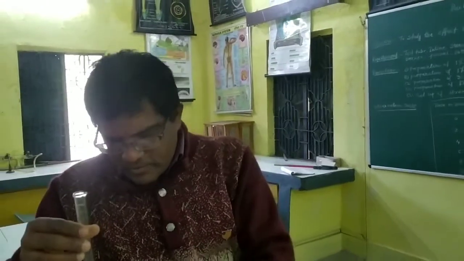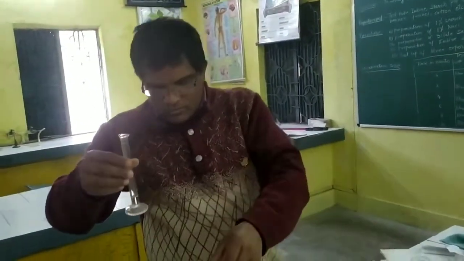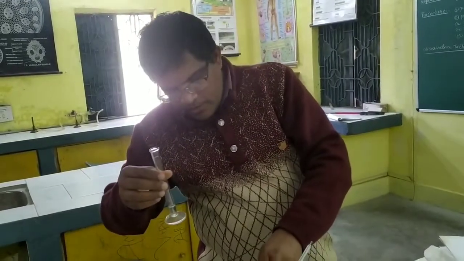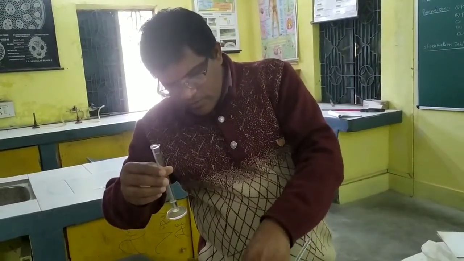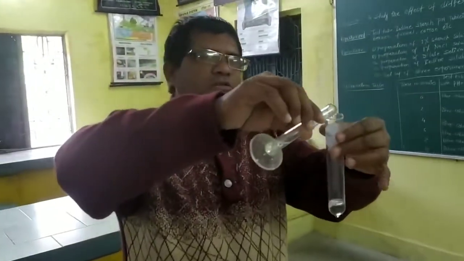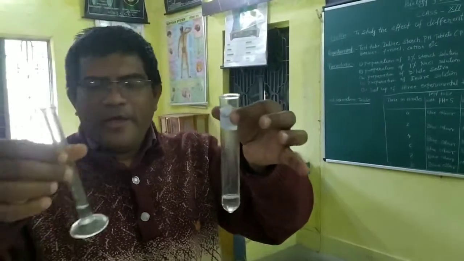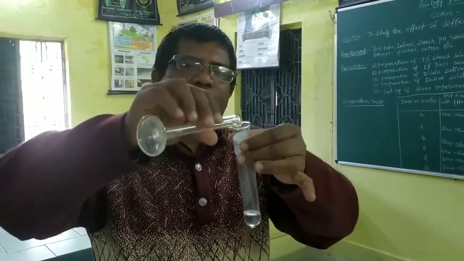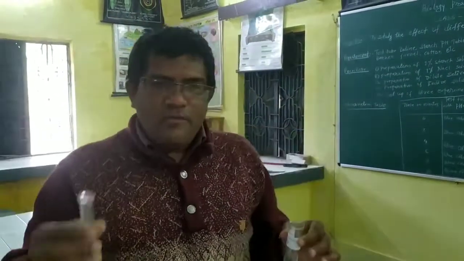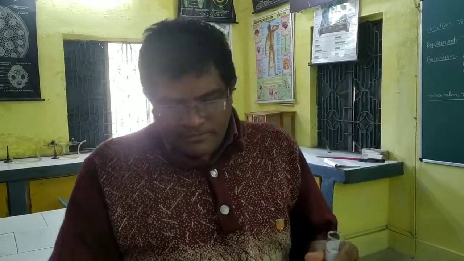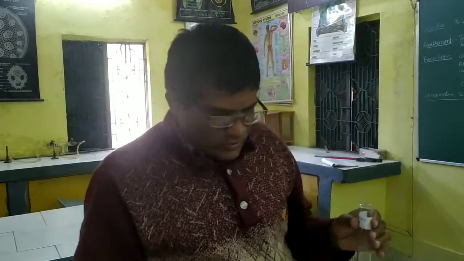This was test tube B. In this test tube, 1 ml of NaCl solution, not starch. The starch solution we have taken is 5 ml, and this is the 1 ml of the NaCl solution. Similarly, we have to put 1 ml of the NaCl solution here also, and in this test tube also. I have already taken the 1 ml NaCl in this test tube also.